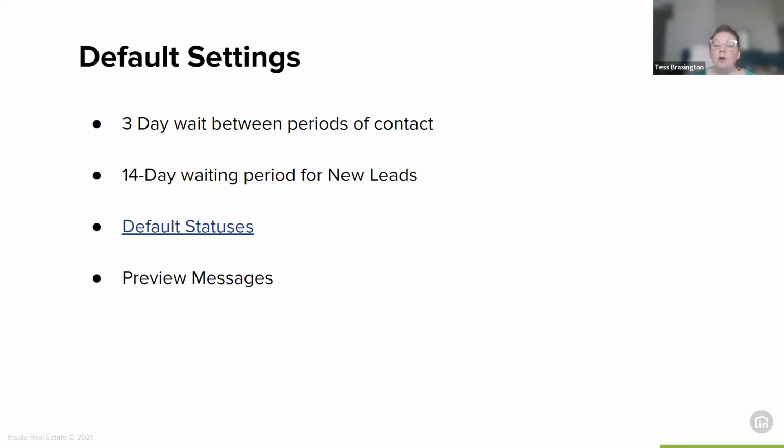However, within the first 2 weeks, they are not going to get these behavior alerts because when a lead registers, you have a specific strategy of working them. Their behaviors may be more active or different at the beginning than they're going to be the longer you work that lead. So it's kind of giving you a 2-week window to work this lead, for the lead to come on the site. And then after that 14-day window, that's when they will start getting these alerts as their behavior